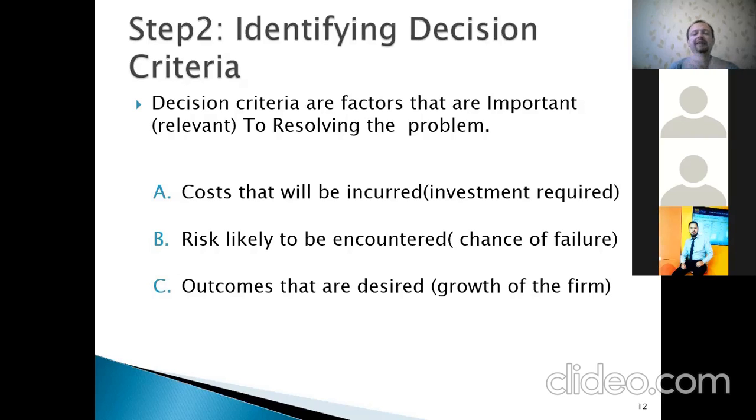So you need some liner to calculate, to evaluate your possible alternatives. Generally, there is a rather big number of criteria. The most important criteria you can see here: costs, then risks, then outcomes.